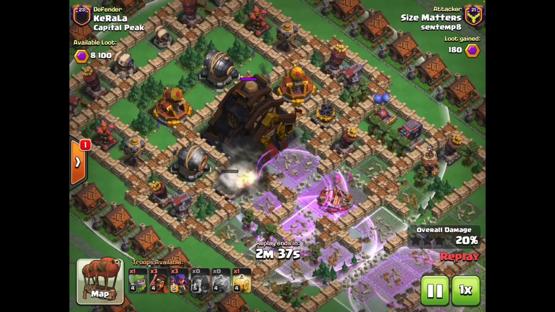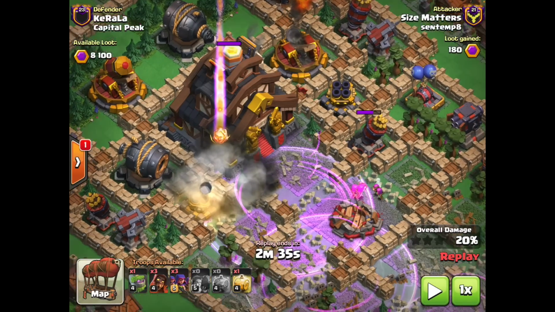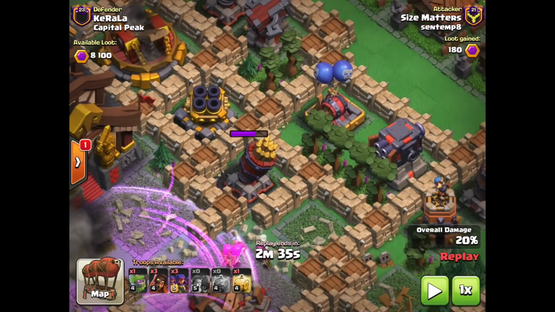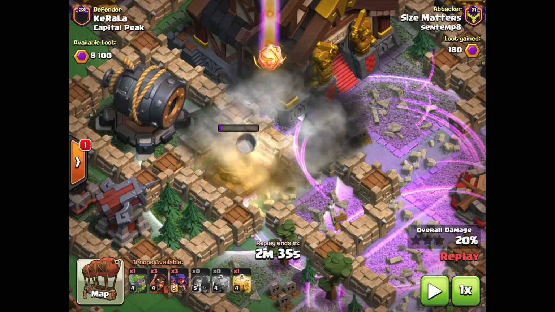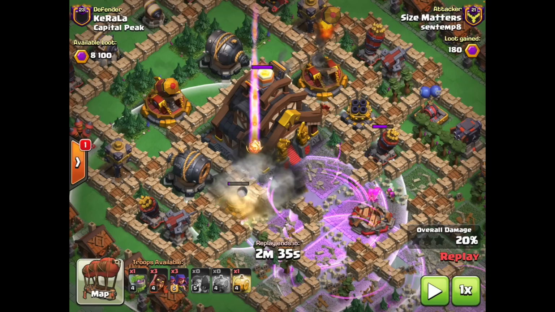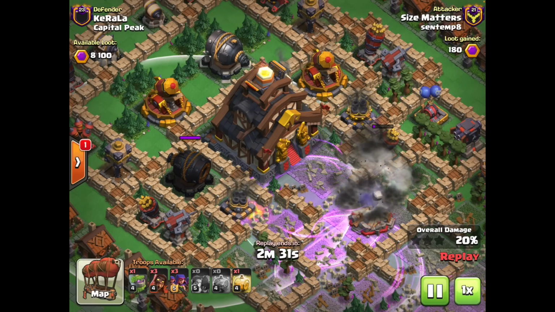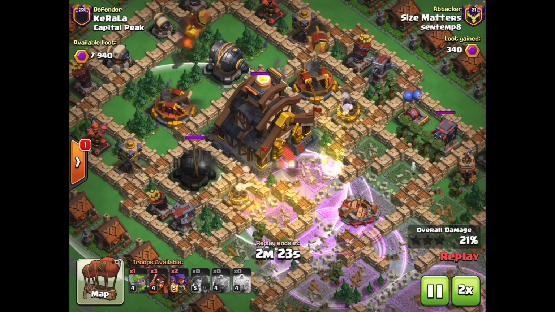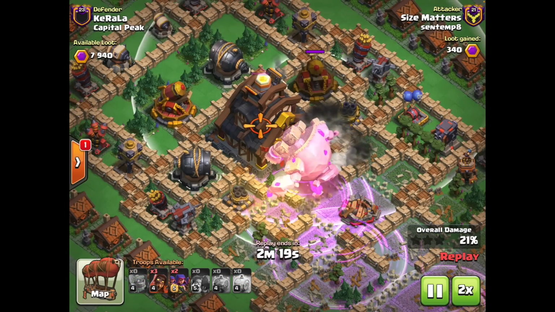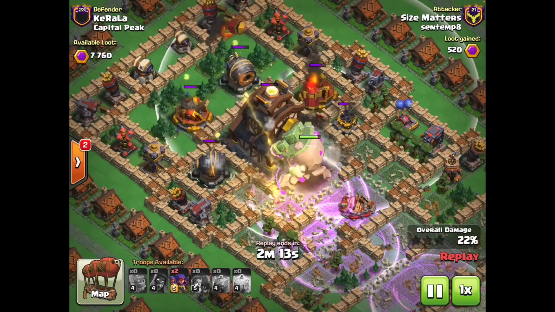Then we drop in a Mountain Golem instead of giants higher towards the 4 o'clock-ish side of the Capital Peak, up high like that, and then we drop in our wizards low towards this multi-mortar so that the splash defenses aren't going to splash my wizards as my Mountain Golem tanks for them. And that is also the reason I go with the Mountain Golem, because there are so many splash defenses. I'm worried that my giants are just going to die, and so I wanted to bring something more sturdy, the